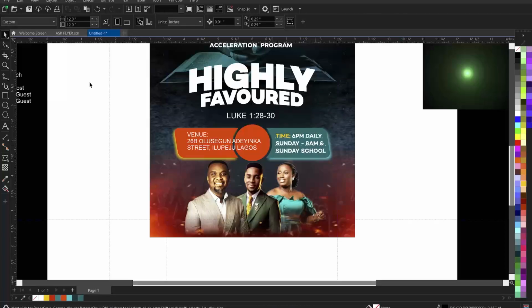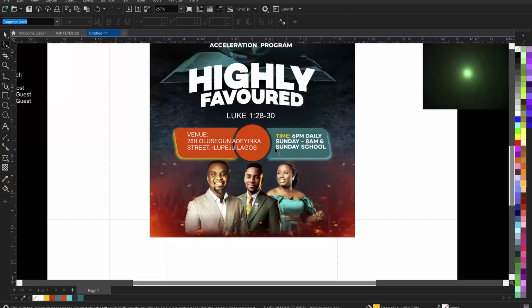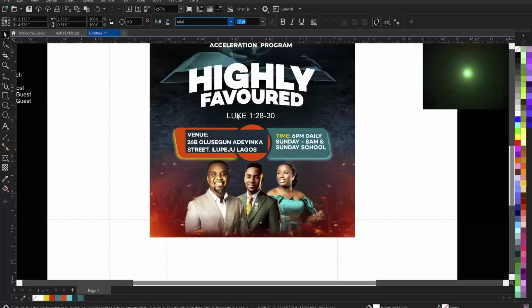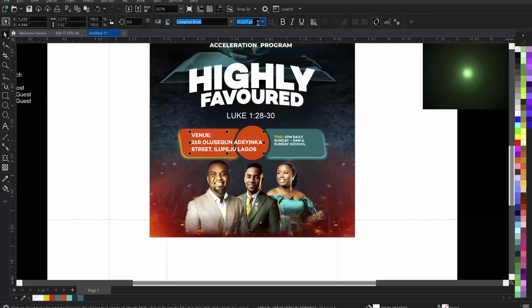And I'm going to take our shape tool, and then reduce it like this, so that the spacing will not be too much. So the same thing we are going to do for this guy. We are going to change the color to this, the font to this, and then let's reduce this guy to 12. This is 12. Let's reduce it to like 8. Let's reduce this one too to like 8,